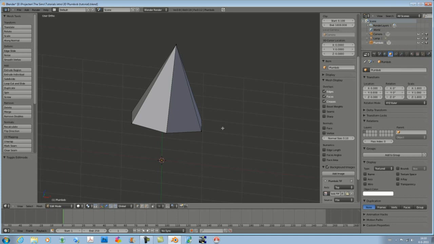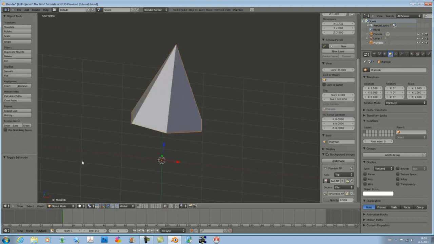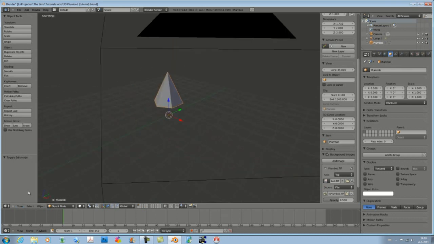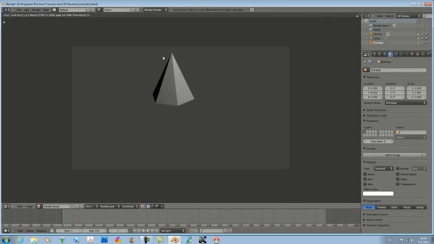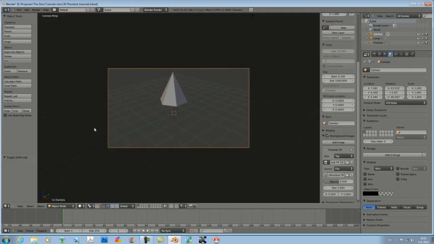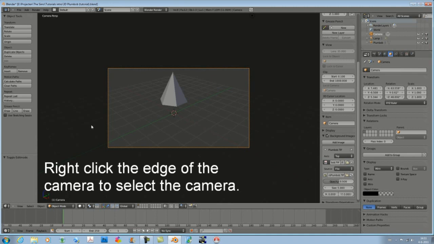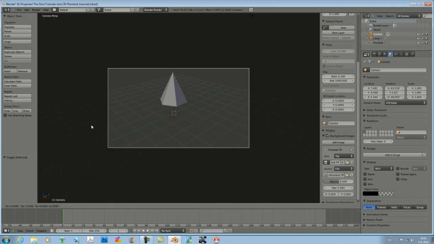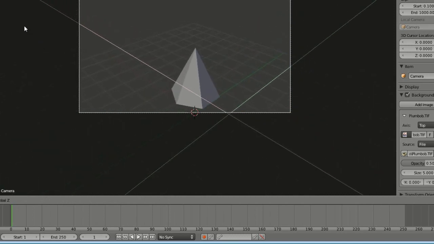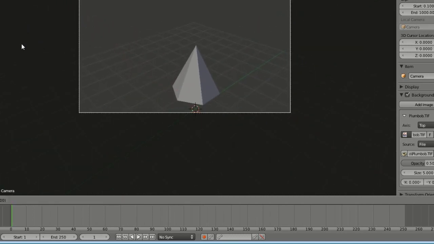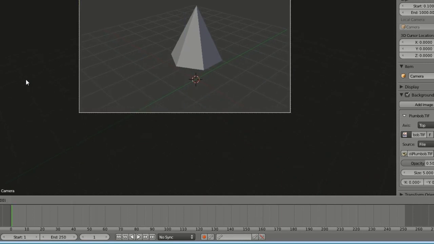And let's see, select the top vertice like that. We have done that. Alright, back to object mode. Going to view, camera. Now you can see how it will look when it's rendered, and it's not very beautiful. I like to have this thing in the middle. So we're going to move the camera. Everything can be moved, so why not the camera? Press G, press Z to move it a little bit to the top, and press G, Shift Z to move it there, and G, Z again, and then G, Shift Z to move it there,